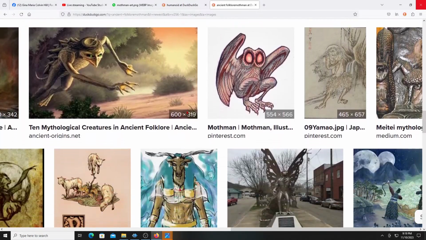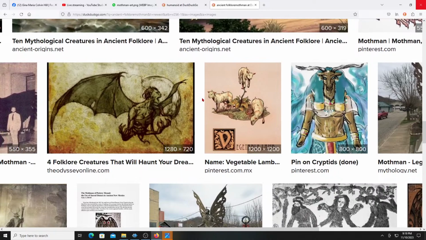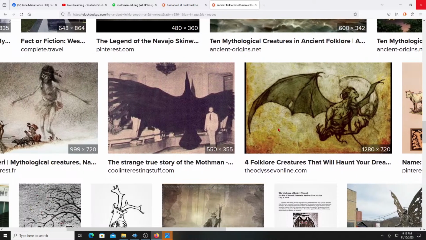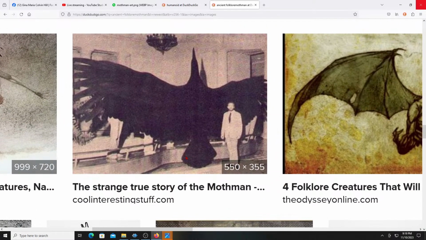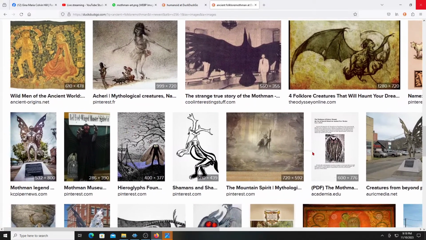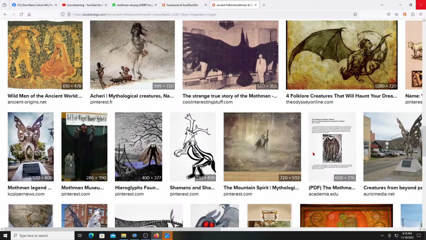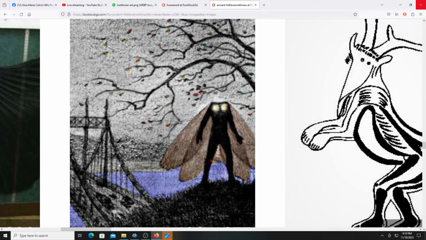Yeah, we can just come to the conclusion that 10 mythological creatures. I don't think they're mythological. That look like a demon. These look like demon beings. Look at that. I think they said that's like the Thunderbird, but that's a great big bird. A massive bird like that would not have been Mothman. That would have been a creature from maybe when all the animals were big and the dinosaurs and stuff. And this was leftover from it. Probably. Yeah, this Mothman didn't have no head right there either.